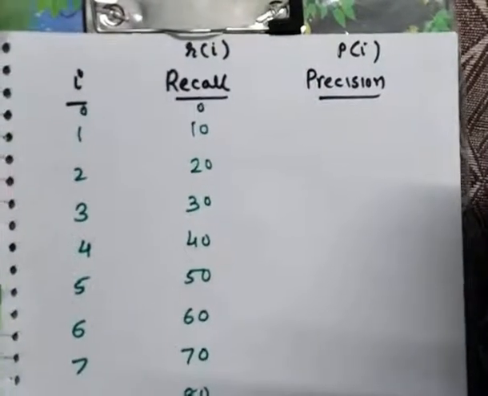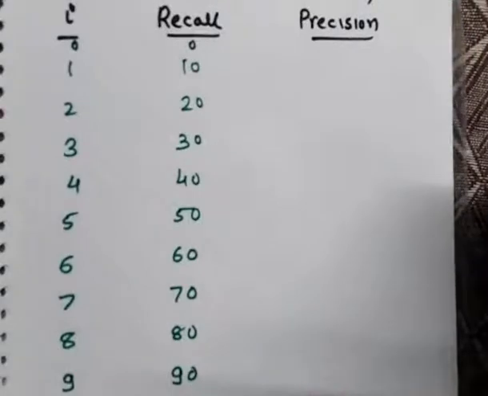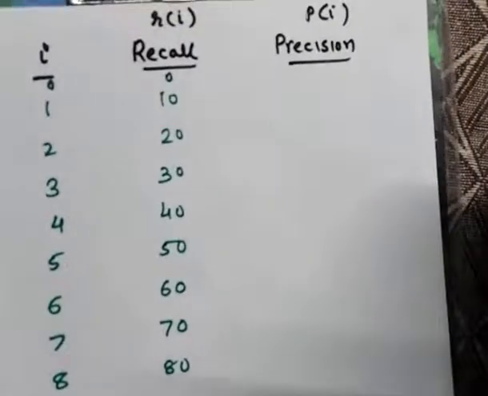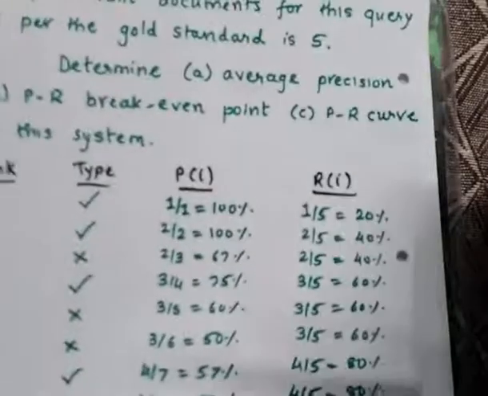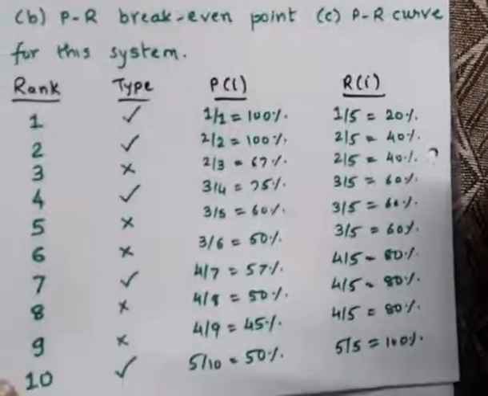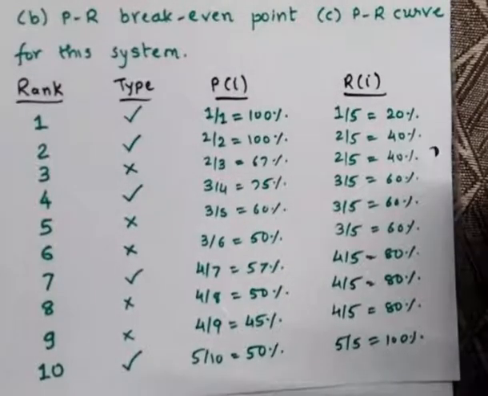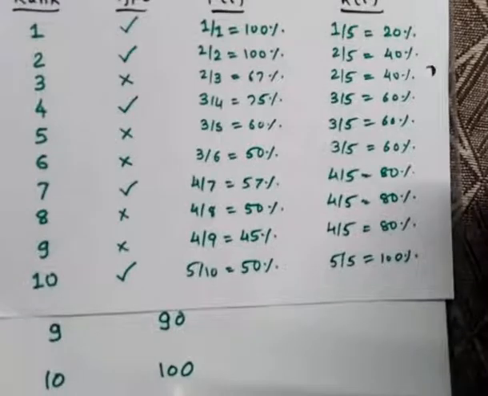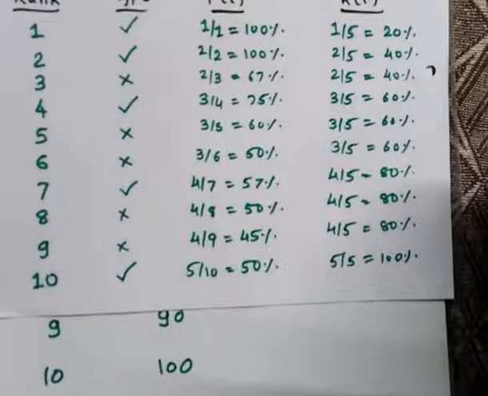So now we want to find out the precision at these values, right? So a simple method to calculate this is again to look at this table, okay, and go in a reverse manner. Meaning what? We want to start from recall equal to 100%. So I want to find out when recall was 100%, what was the precision of our system.